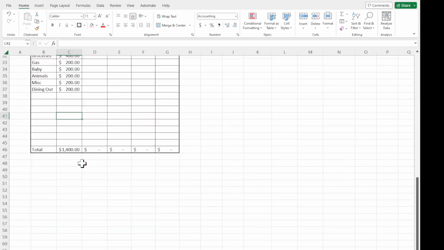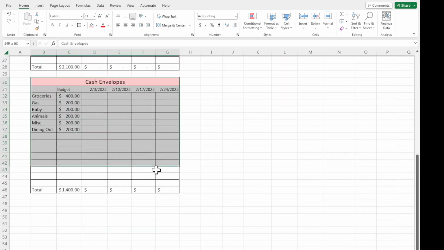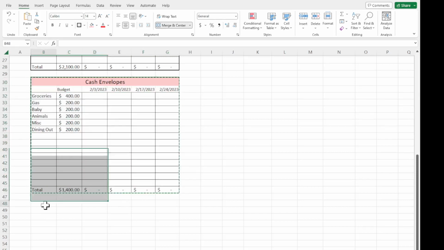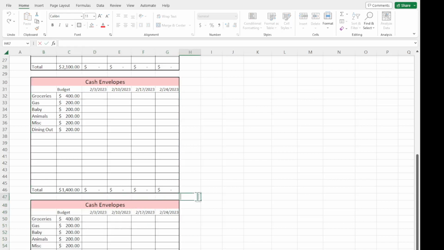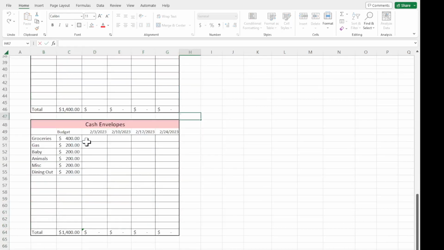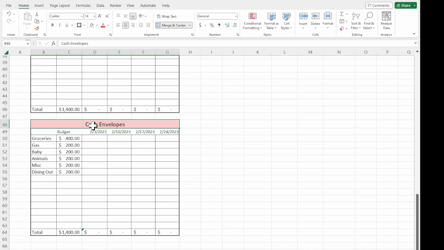All right, so we're going to do another section. This is one more section here, and we are going to do our sinking funds. So again, skip a line, copy and paste our formula boxes here. And we're going to go through one more time. Cash envelopes, we're going to change to sinking funds. And over here, we're going to change it to Christmas, birthday, anniversary, spell that correctly,